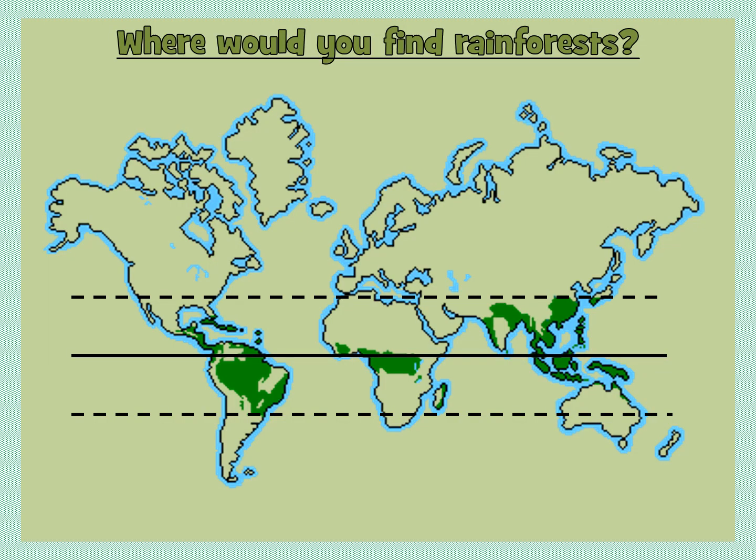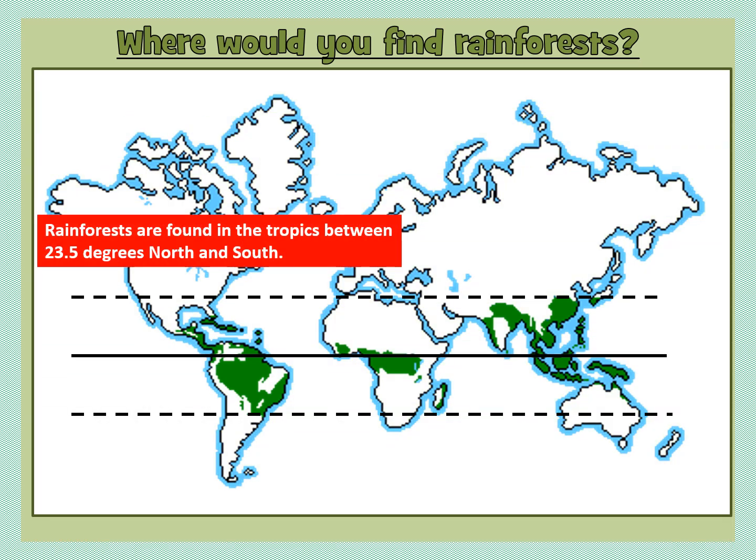So first of all, we need to look at where you would find tropical rainforests. This is really important because where you find them determines what the climate's like, what the sunlight, the temperature, the rainfall is like, and without them being located in these particular places, they wouldn't have that particular climate. So hopefully you already know this from doing your biomes research a couple of lessons ago, but we tend to find our tropical rainforests